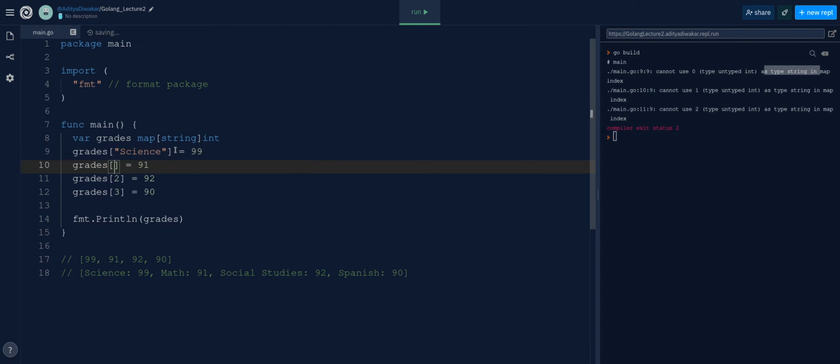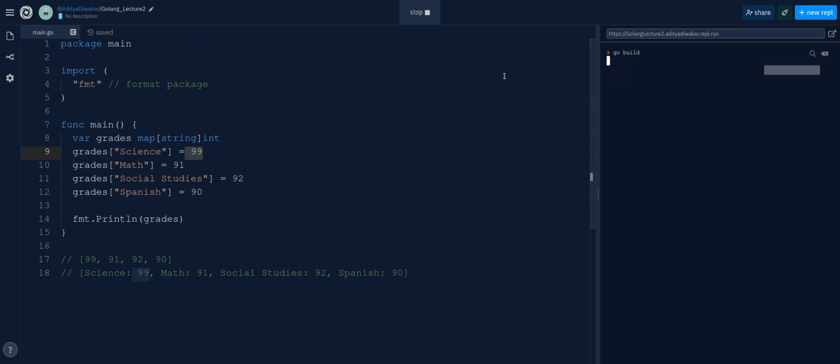So if I change this to science, if I change this to math, if I change this to social studies, and if I change this to Spanish, you'll notice that now we're indexing using a string. So this science is now part of the string, this math is part of the string, social studies is part of the string, and Spanish is a string. And these are the keys of our map, and the values of the map are correspondingly 99, 91, 92, and 90. So if I run this code now,